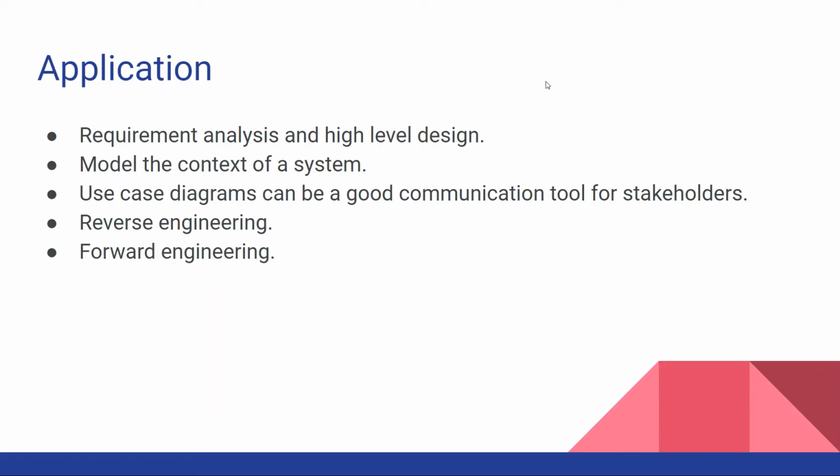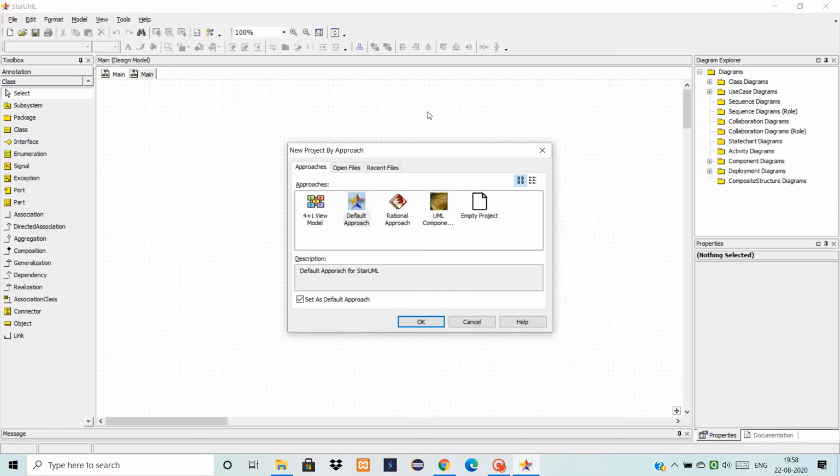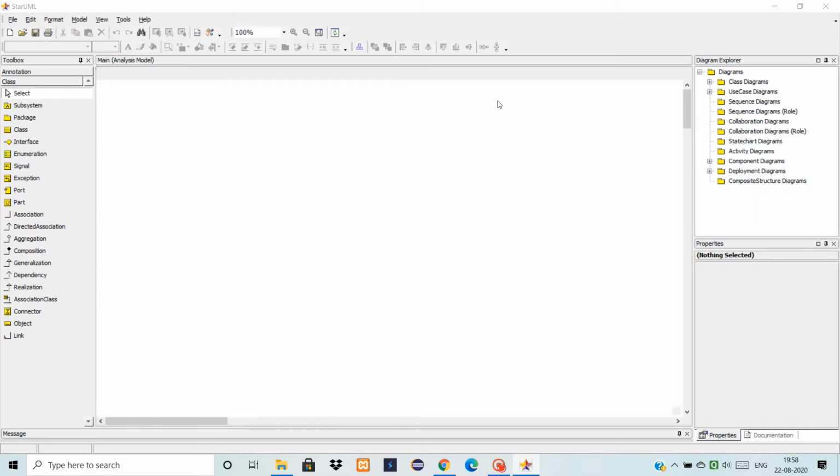Alright, now we'll see how to actually create a use case diagram in an application called StarUML. I've already opened this on my desktop, and when you open it, you will see a screen like this. We'll keep the default approach and click OK. You can easily find the StarUML application on the net and install it.